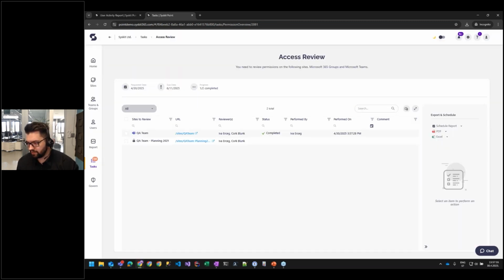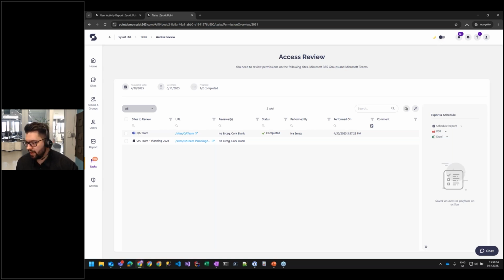Okay, so this is great because now your security team can have proof that an owner reviewed their site and made sure the users have the minimum access they require, all of which you can nicely export in a PDF or Excel if you need. Also to mention, Point enables you to fully automate the different kinds of reviews by using our rule engine feature. This way you can have multiple different review periods that define what you want to review on a targeted site based on metadata, sensitivity labels, privacy, number of owners, and much more.